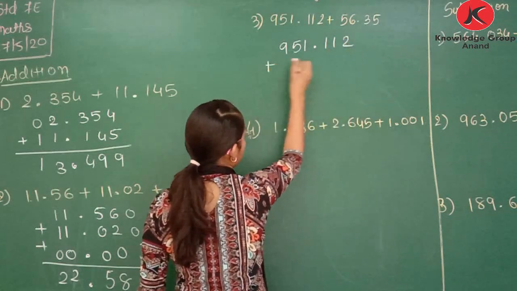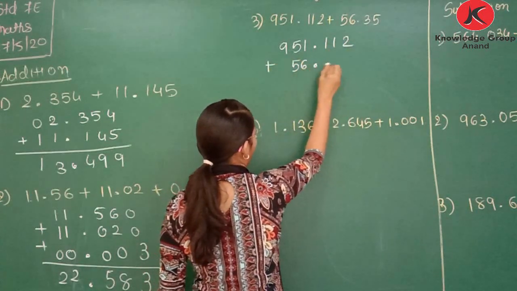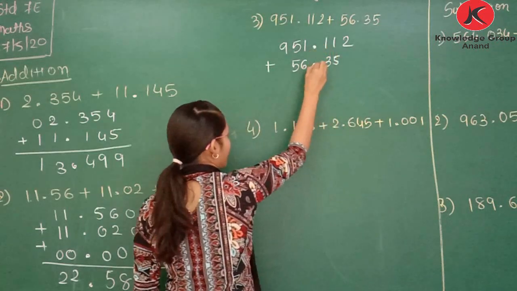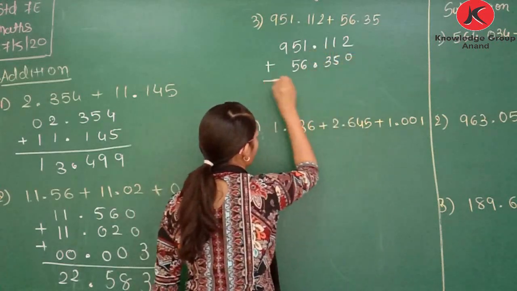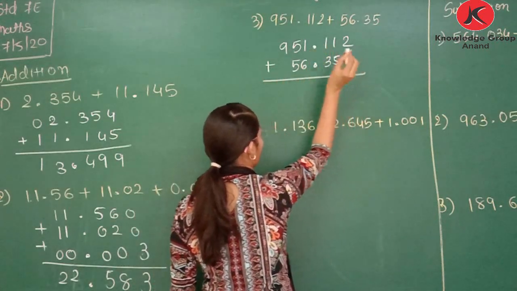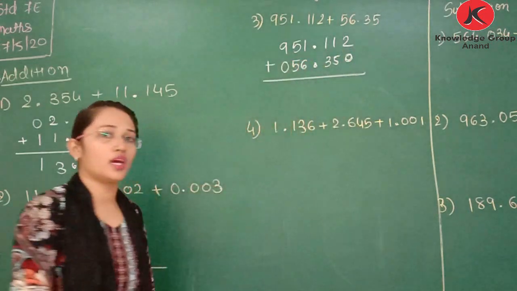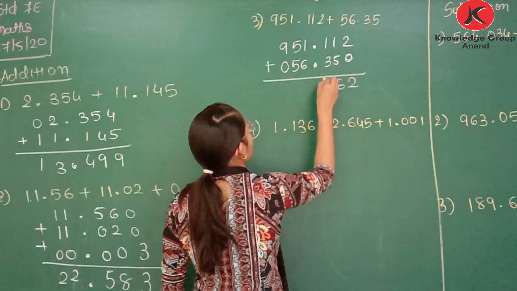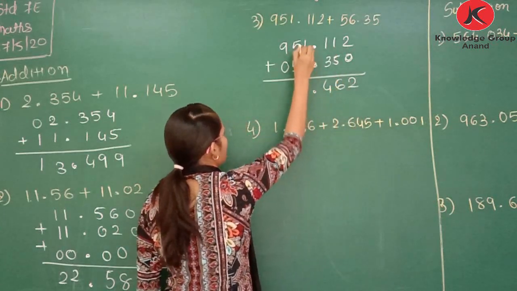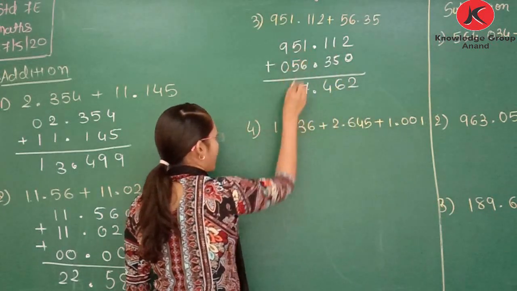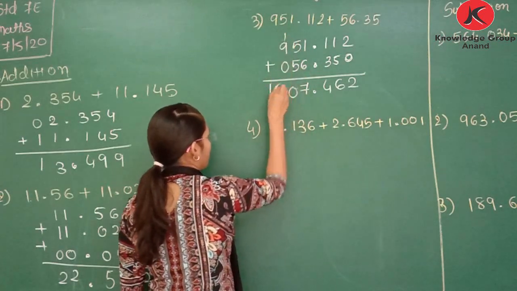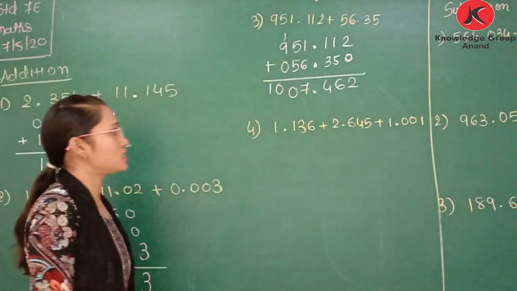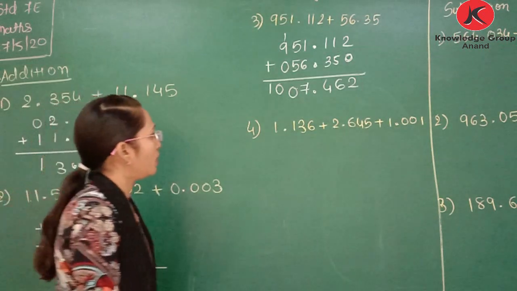951.112 plus 56.35. You can see there is a decimal point exactly below the decimal point. Here no digit is given, so you can write 0. Here also you can write 0. 2, 5 plus 1, 6, 3 plus 1, 4, 6 plus 1, 7, 5 plus 5, 10, 1 carry, so it is 1007.462. Now next,